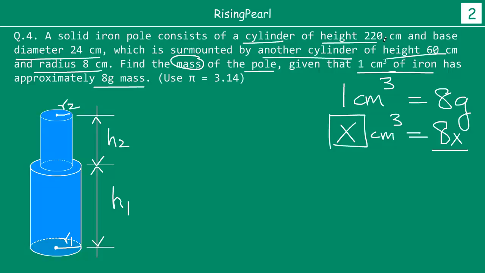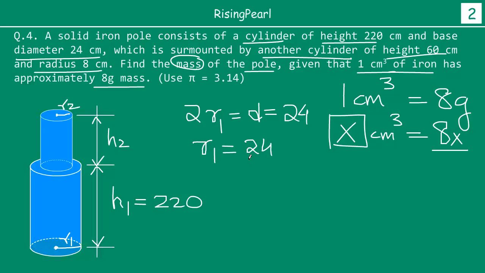The base cylinder height is 220, and the base diameter is 24. So twice R1, which is the diameter, will be equal to 24. From here we can say R1 is equal to 24 by 2, or simply 12 centimeter. So R1 is equal to 12 centimeter,